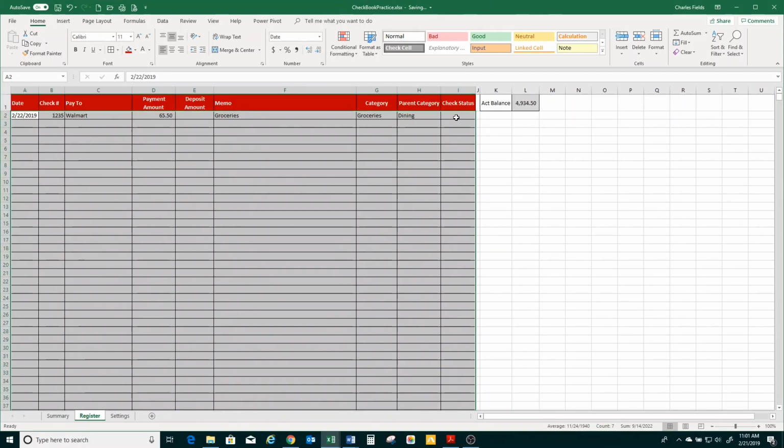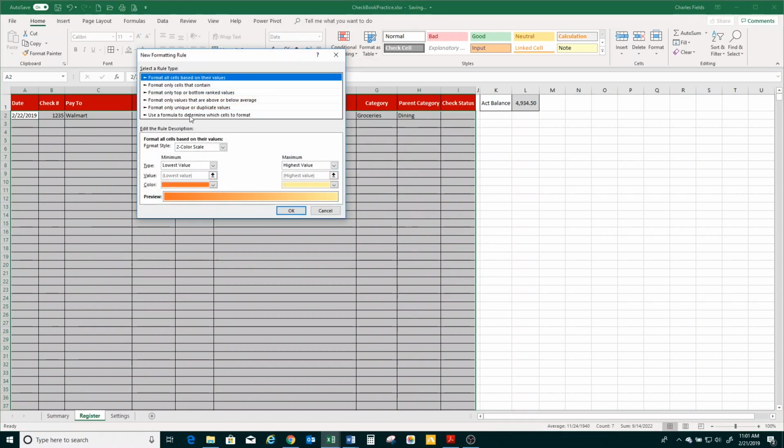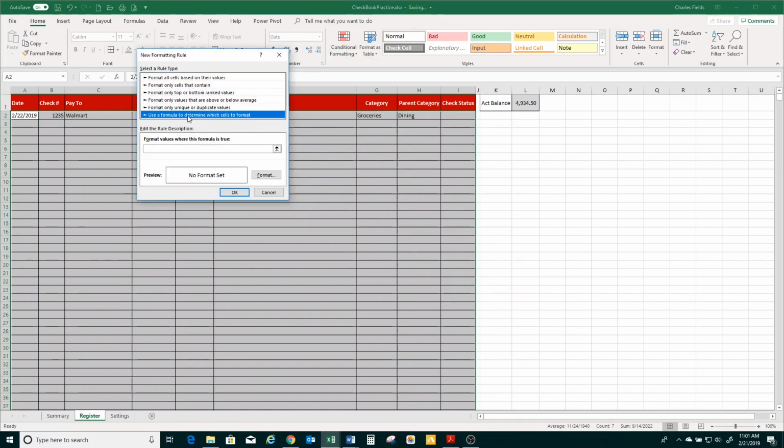Column I is the check status, and that's where we're going to put either blank or posted. So we're going to go back in and do a new rule. We're going to use a formula to determine which cells to format, and the formula that we're going to use says format values where this formula is true. So the first formula we're going to enter is equal